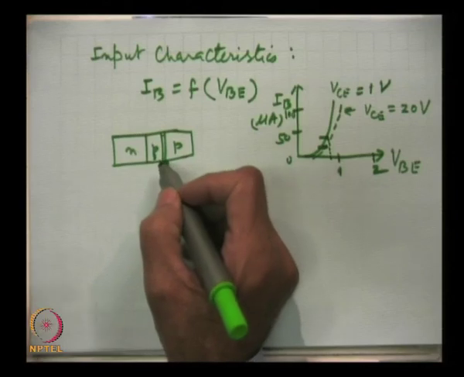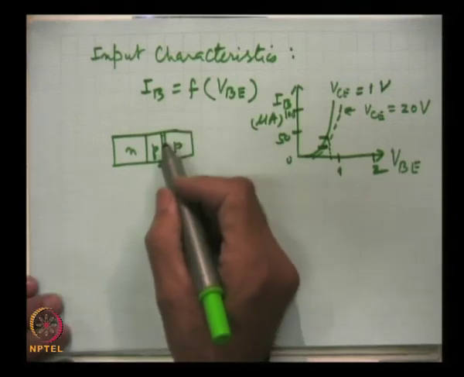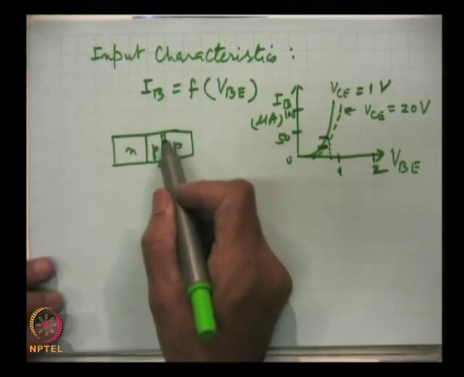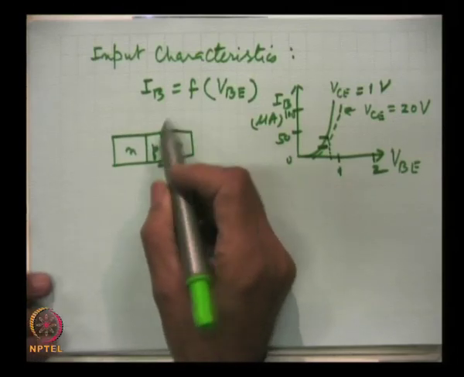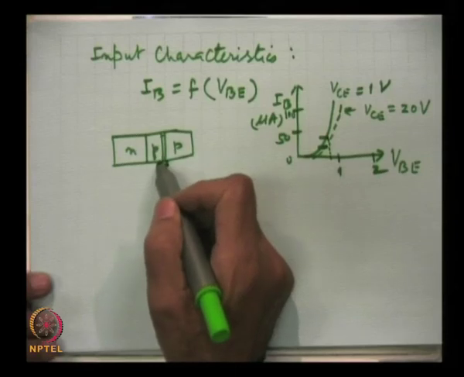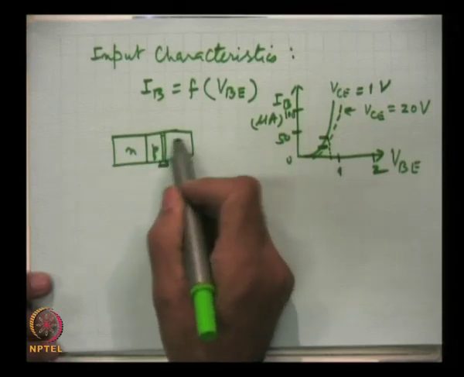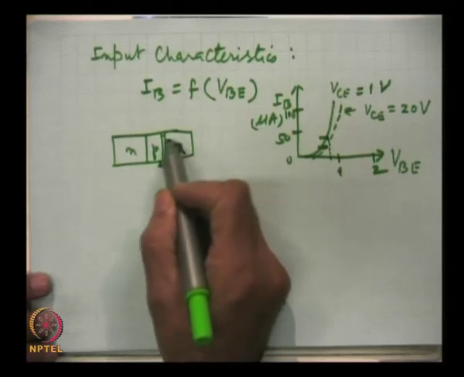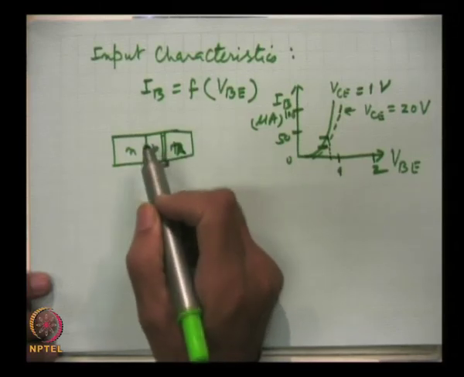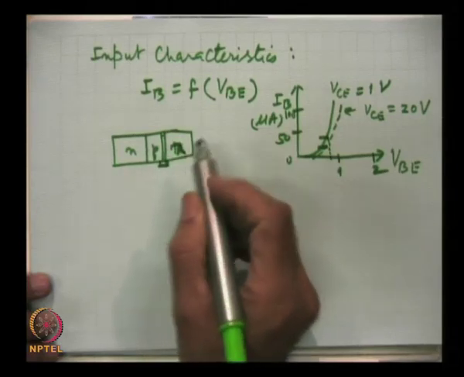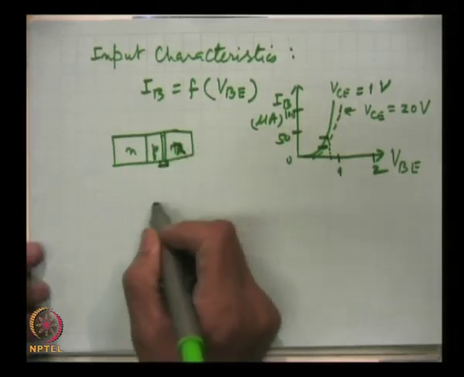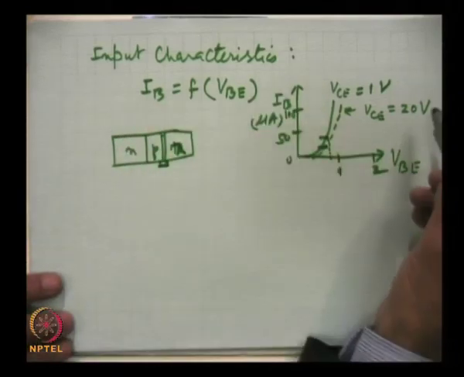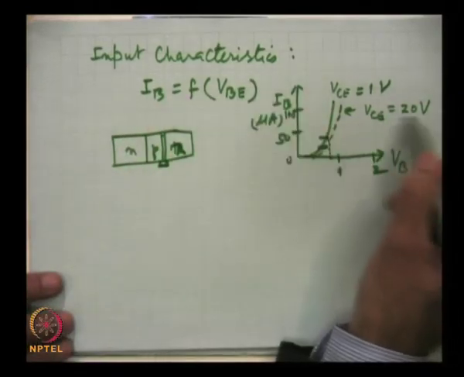Now, very important point, that the spread will be there and this spread will be more in less doped base region, because in comparison of the collector, base is more lightly doped. So, when depletion region